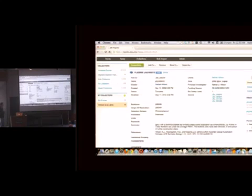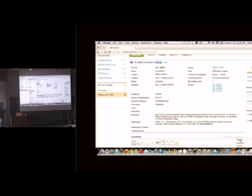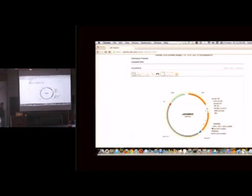So the other thing that we can do is actually associate a DNA sequence with this entry, and we can download it if we'd like to. So we can download it into standard formats like GenBank or FASTA, and the Synthetic Biology Open Language format as well. At the very bottom, we'll see a sequence map of the DNA contained within that particular entry. And if we'd like to see this more on a DNA base pair level, we can just